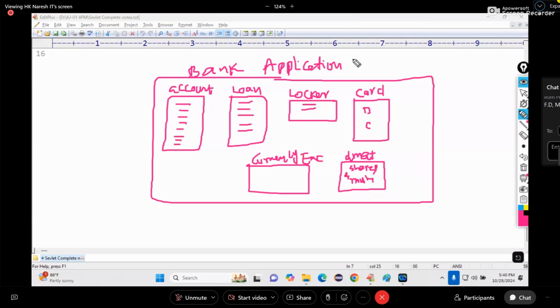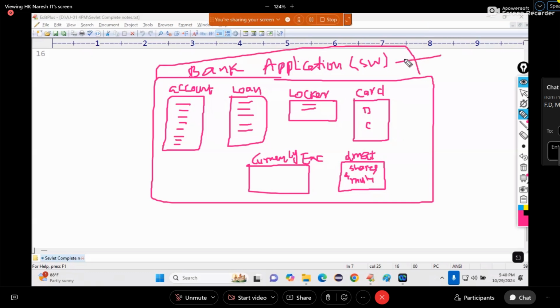A bank application, a software that manages all these services, what is it called? Enterprise application.